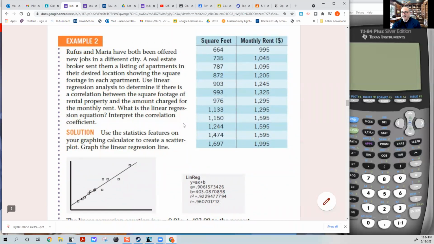This is called a table. In math, we call this a table. All right, this table describes various apartments. So that, for instance, there's this one teeny tiny apartment with just 664 square feet, and it costs $995 per month in terms of rent. Over here, we have an apartment that's 976 square feet. That's a little bit better. And then it costs $1,295 per month in rent. And then on the top end, we have an apartment with a fairly spacious 1,697 square feet, and the monthly rent is